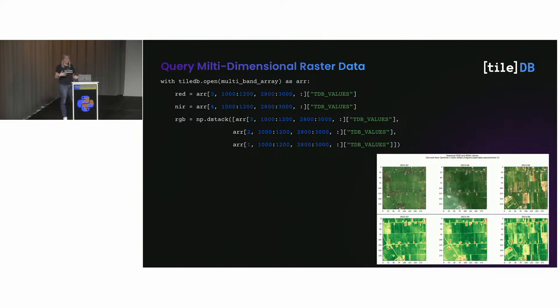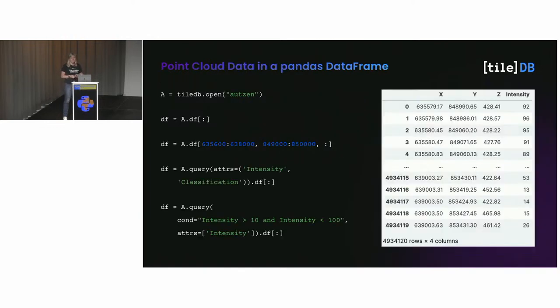So once your data's in, you can just pretty much use it as before, but I'll get to that in a second. It loads really, really fast. Point clouds, let's play around with that again. Open the array again, and why not put a point cloud in a pandas data frame? Don't recommend that for really large point clouds, but it is really nice to play around with a point cloud you don't know yet. Try to understand what's actually in it, look at a small section, maybe change the classification a little bit,